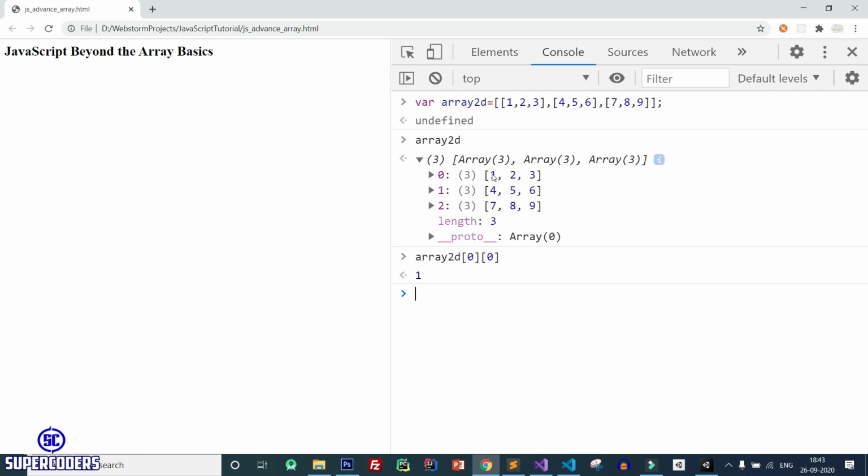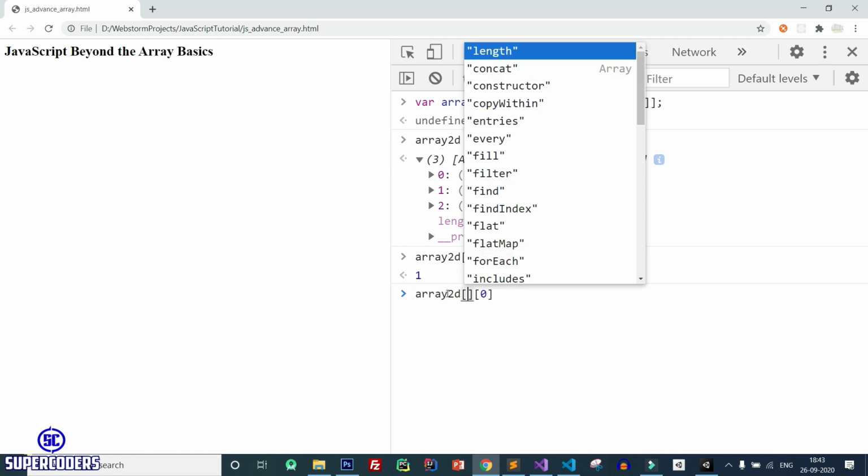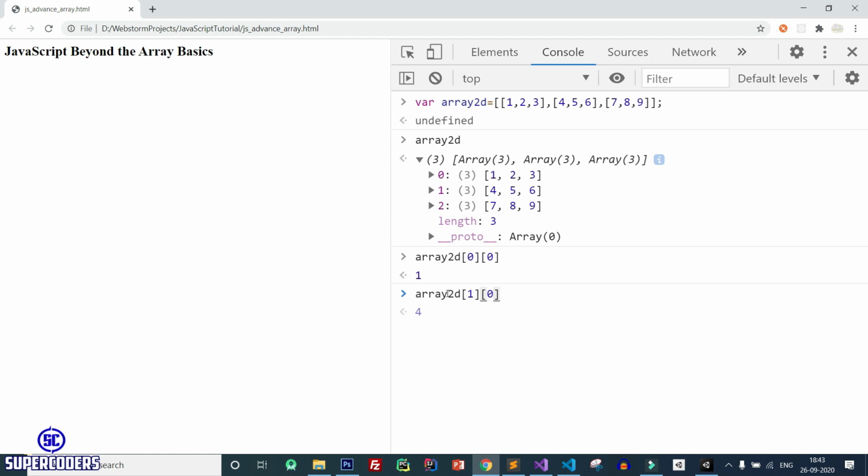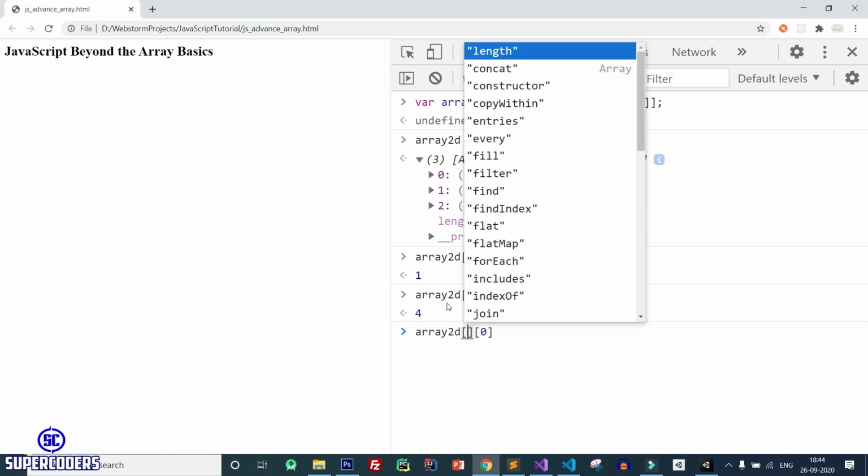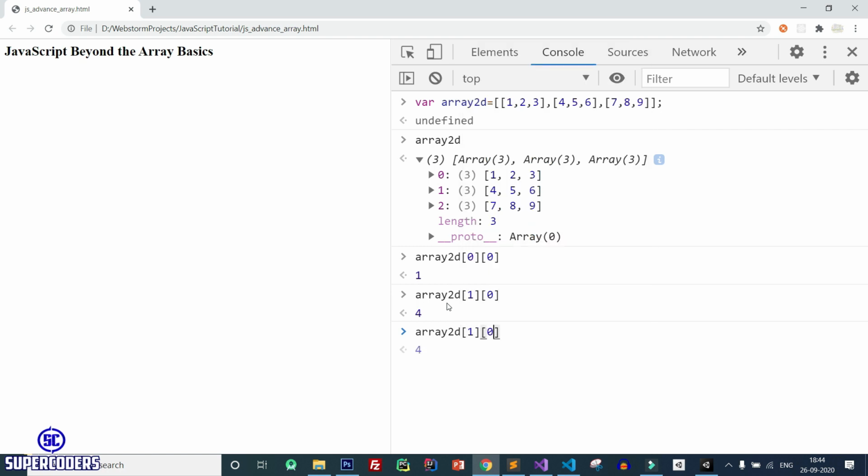So you can see our value 1 exists at 0 0, which is row 0 and column 0. If you want to access the second row's first item, the row is 1 and the column is 0. You can access other values like array2D[1][1]. So in this way you can access the center item, 5.